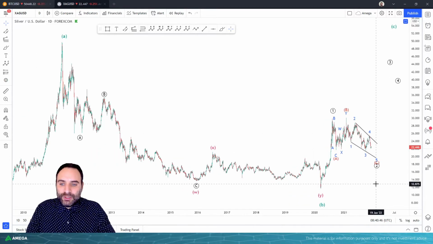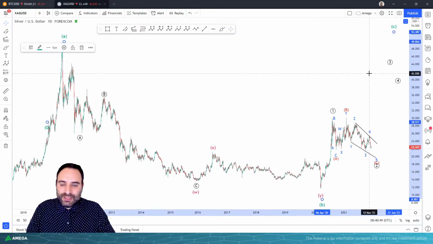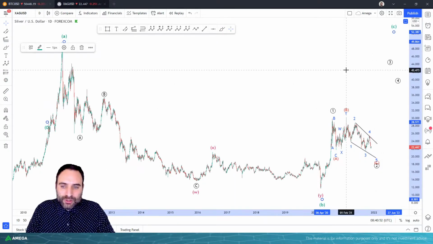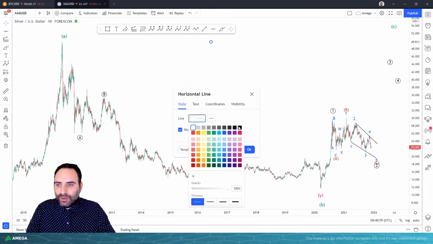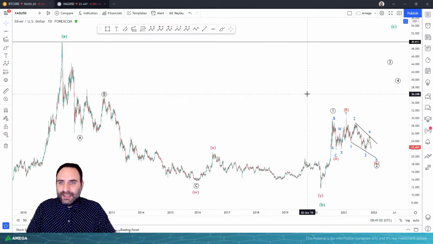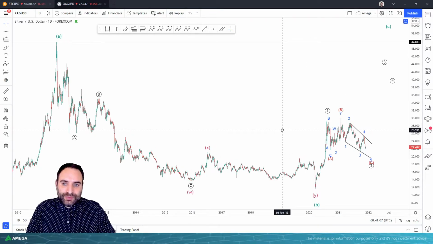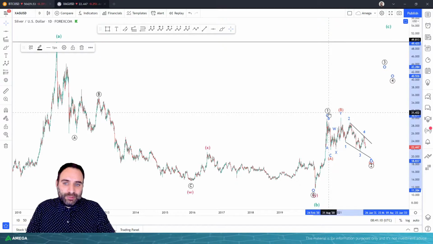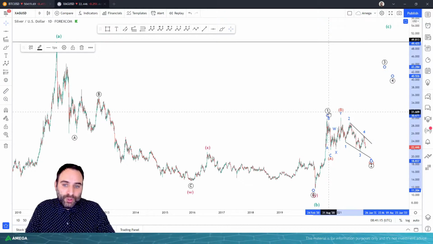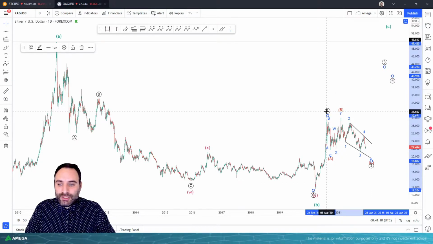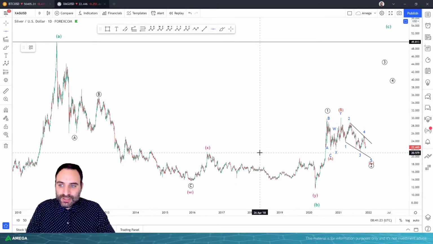So here's what we're looking at. We're looking at, first of all, either an ABC in the supercycle degree or a 1, 2, 3, 4, and 5. Either way, in case this starts moving higher, then it's very likely that we are going to get through that level, the 49.80, and never look back. This is what it looks like, at least for now, because this being a primary degree means we also have the cycle degree to move up, unless, of course, the assumption of being a primary degree is not correct. Either way, we're moving impulsively, and there is no question that we remain progressive to the upside,